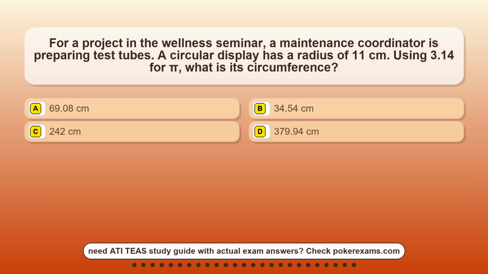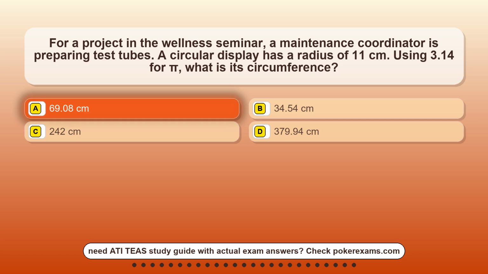Question 6. For a project in the wellness seminar, a maintenance coordinator is preparing test tubes. A circular display has a radius of 11 centimeters. Using 3.14 for pi, what is its circumference? Option A, 69.08 centimeters. Option B, 34.54 centimeters. Option C, 242 centimeters. Option D, 379.94 centimeters. The correct answer is option A,